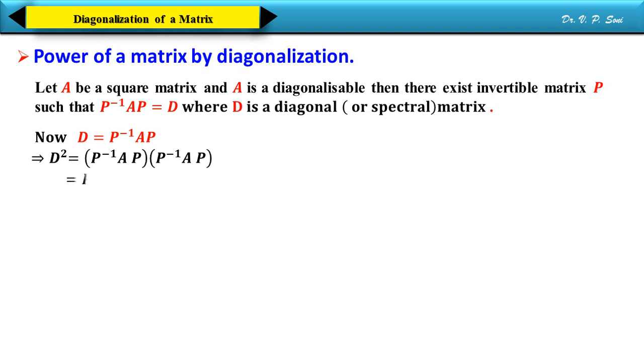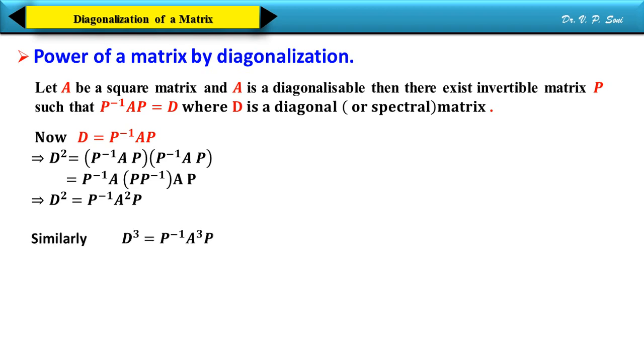equal to P inverse A into P inverse into AP. This implies D square equal to P inverse A square P. Similarly, D cube equal to P inverse A cube P. In general, D raised to n equal to P inverse A raised to n into P. Right? Thus,